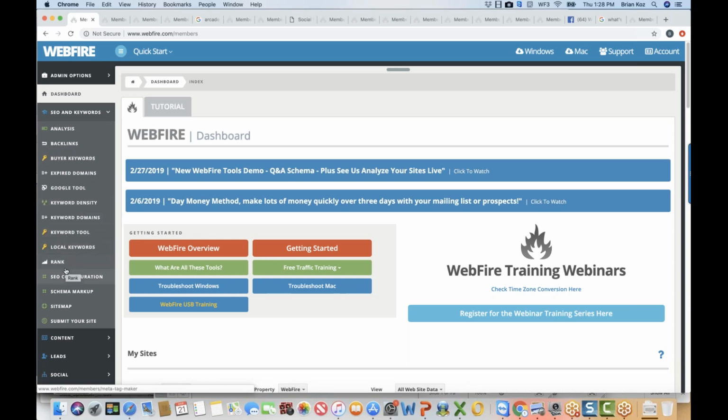We see a rank tracker. We see SEO configuration, which can help fix all the SEO issues on your site. We see a schema maker, a site map maker, a way to submit your site to basically grab the attention of Google and Yahoo and all those places, and lots of other neat things as well, including ways to analyze all your traffic and all that stuff right there. So pretty neat stuff right there.